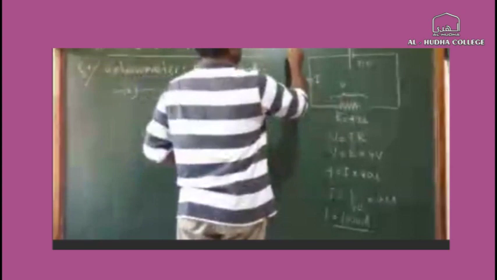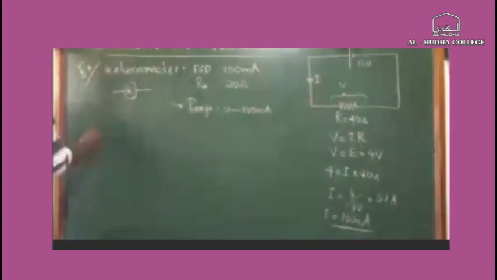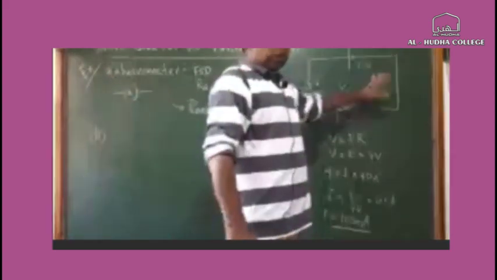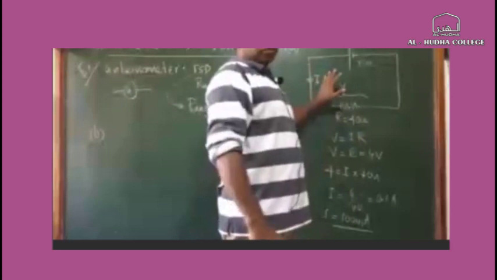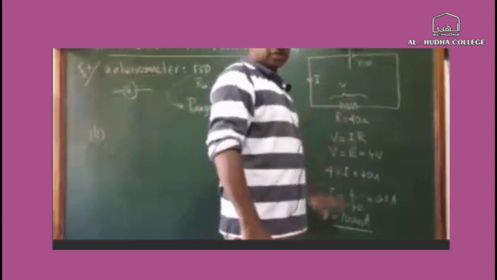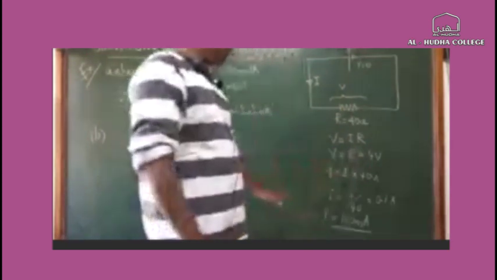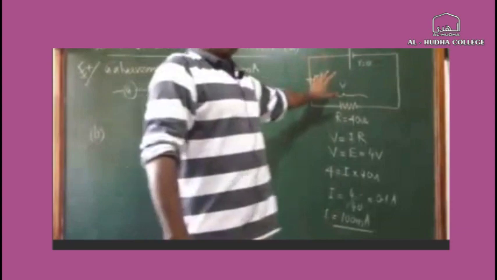Say, this is A with the meter, right? Now, I am going to introduce this meter into this circuit. I have calculated the current already. I am going to measure the current now. We know that the maximum current is 100 milliamps. Now we will see whether the meter is measuring the same current, right?